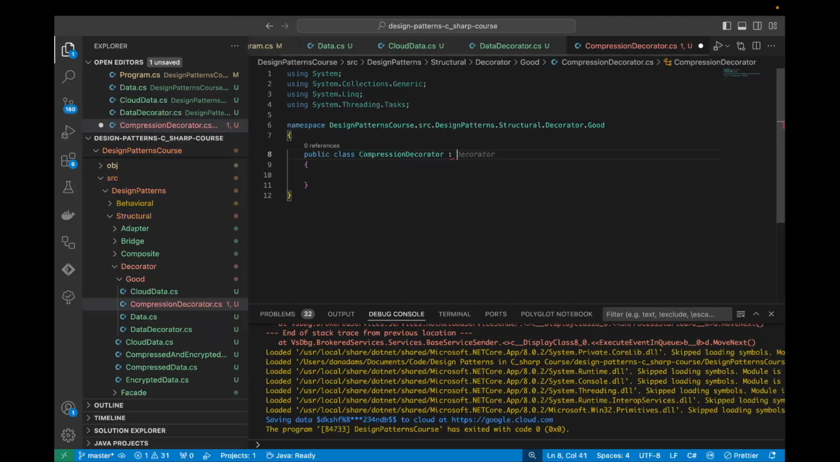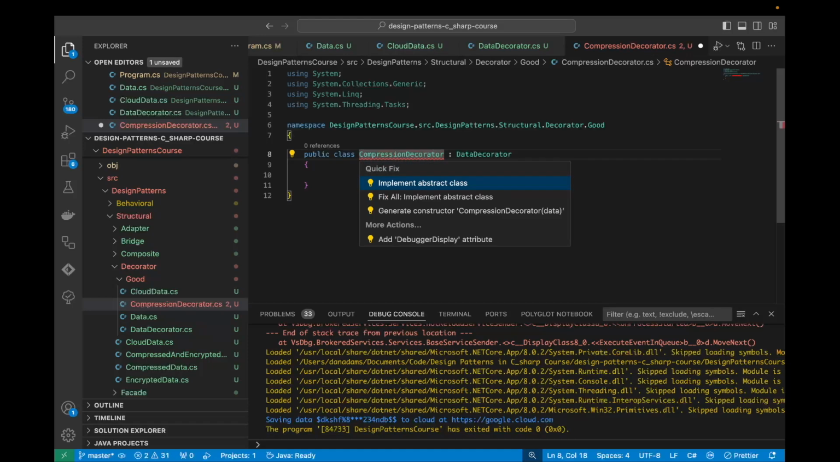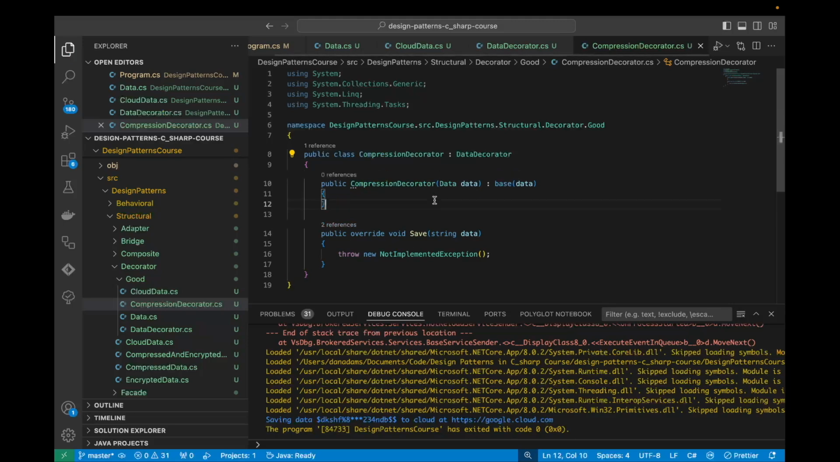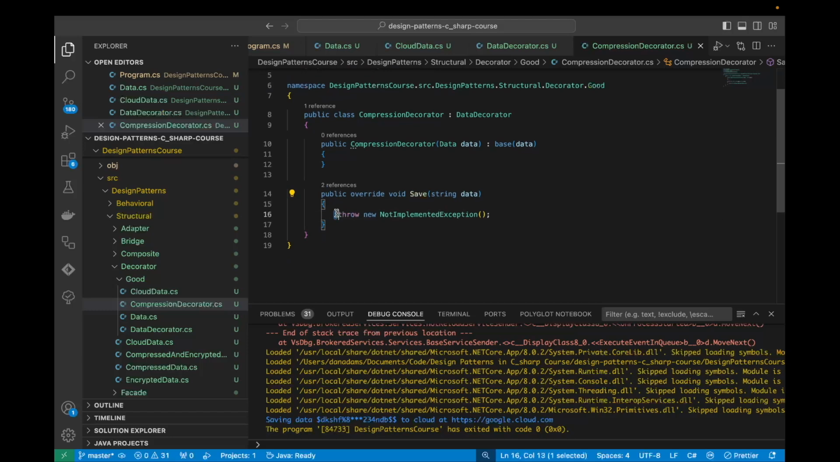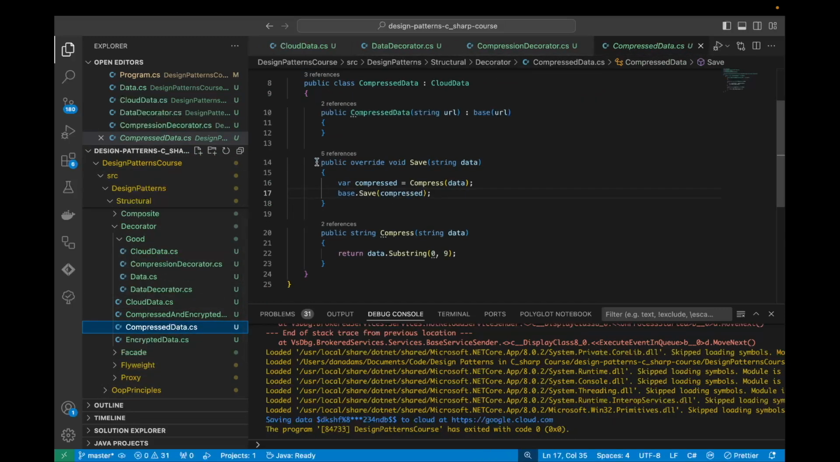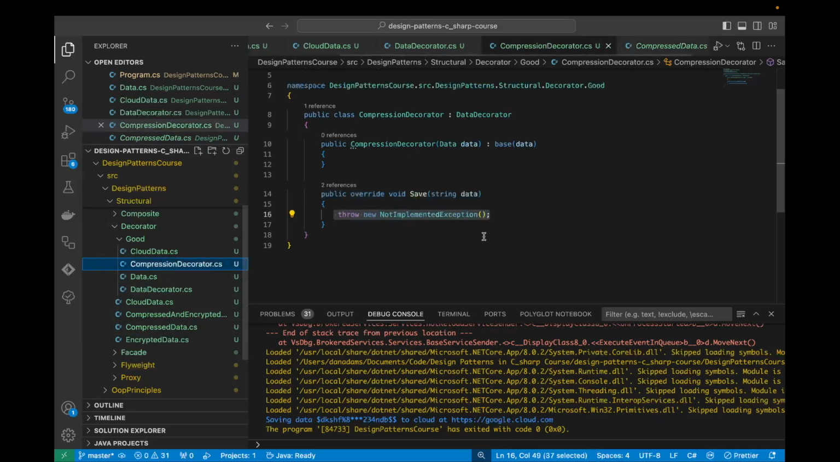And this needs to extend data decorator. We then need to implement the class and also generate the constructor. So we're passing the wrappee object again to this base data decorator class, and we're also overriding this abstract save method from data decorator. So this is where we're going to add our compression logic. This is going to be the same as what we had beforehand in our compressed data class. So we can copy and paste the save and compress methods from what we had before,